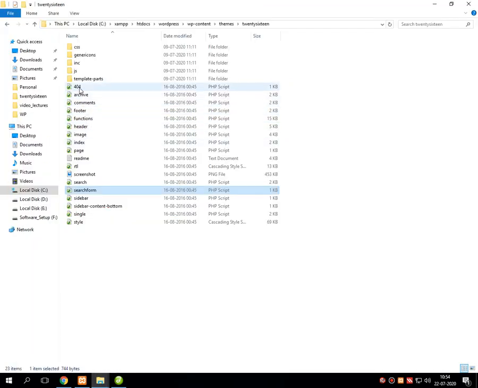Now after this, one of the most important files that should be included in the theme. This is a standard theme developed by professional developers, which might be used for learning and development purposes, but whenever we develop our own theme, it is not compulsory to have comments.php, 404.php, searchform.php, sidebar.php included.